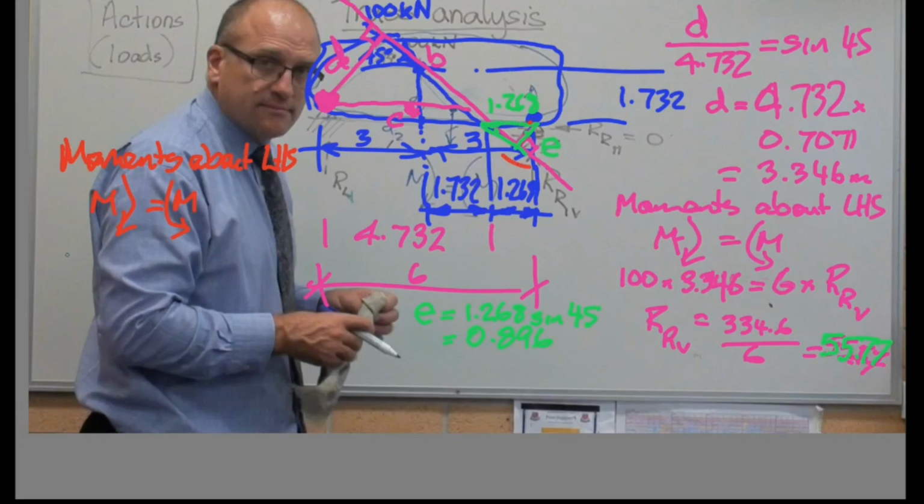So I've just got the vertical moments, reaction left vertical times 6 equals 0.896 times 100. Reaction left vertical equals 89.6 divided by 6 equals just a bit shy of 15, 14.93